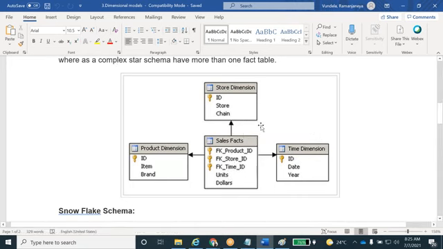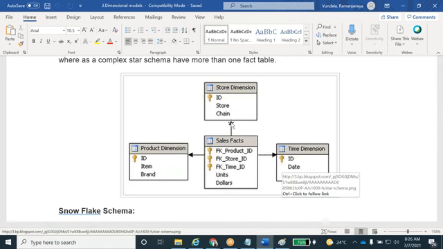So this is easy to understand. Then what are the disadvantages of the star schema? Whatever the data is there, all the data is loading into a single table only here. Because, for example, customers: every day there will be new customers or old customers. Millions of customers will come, right?